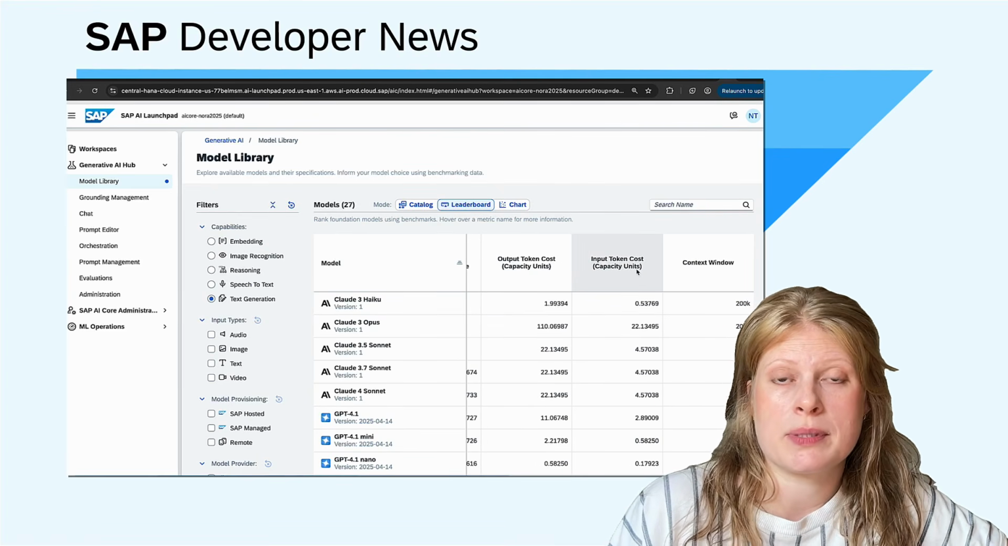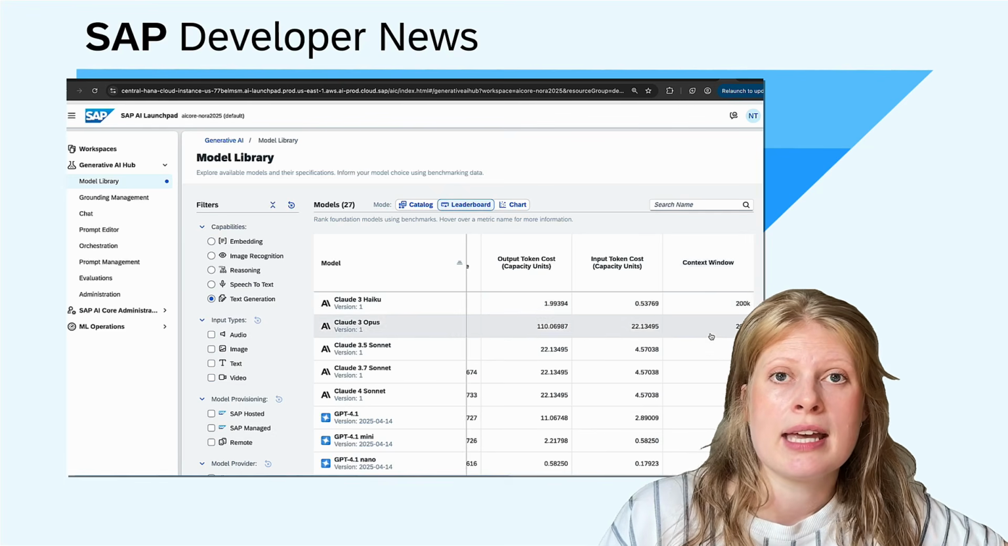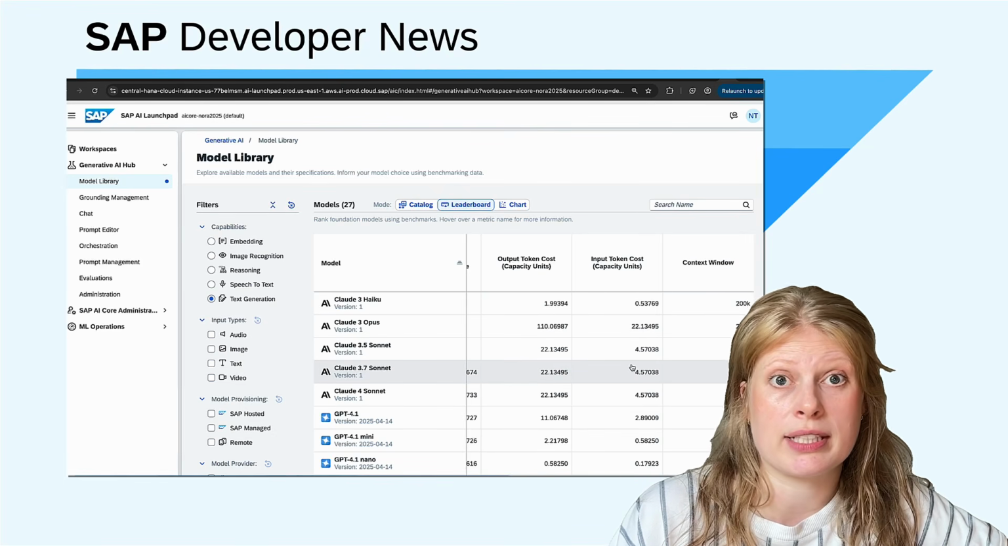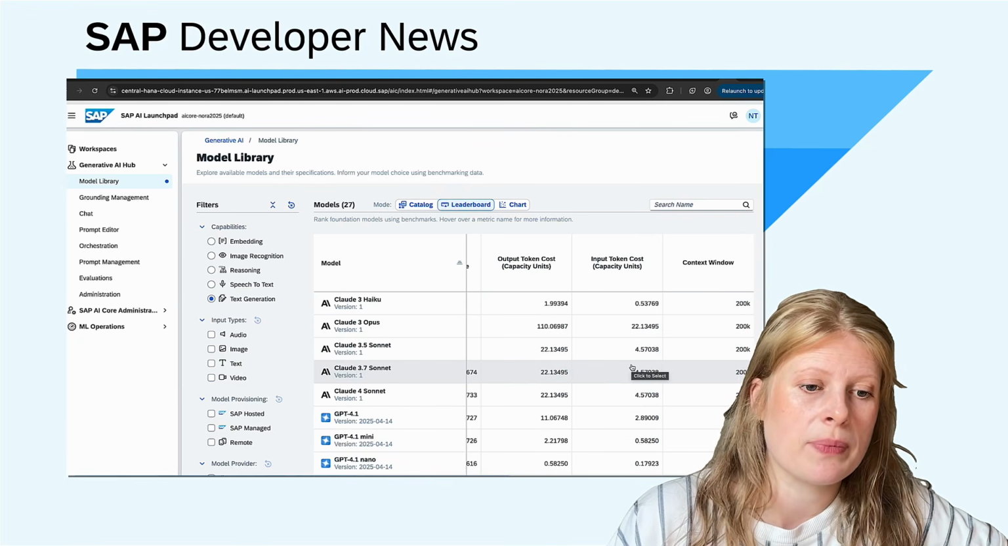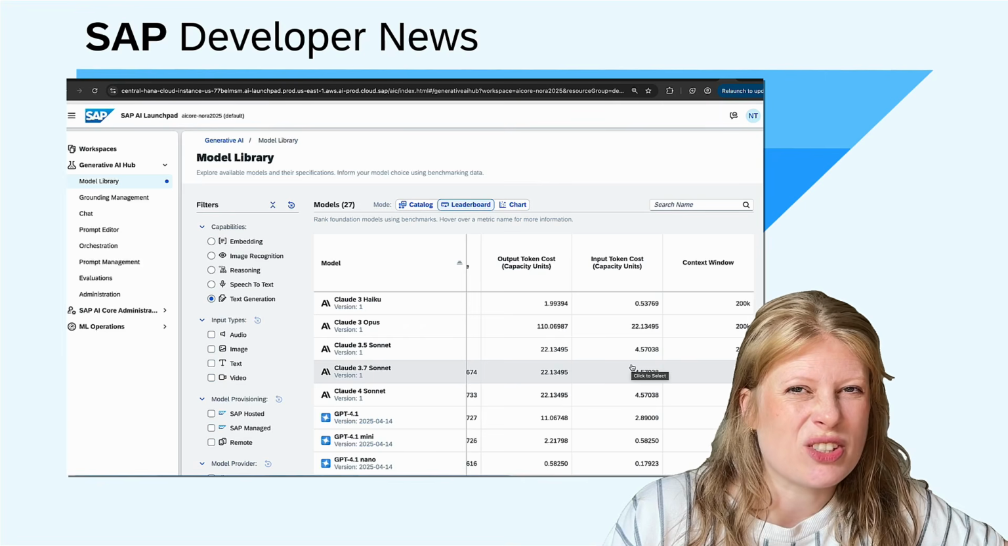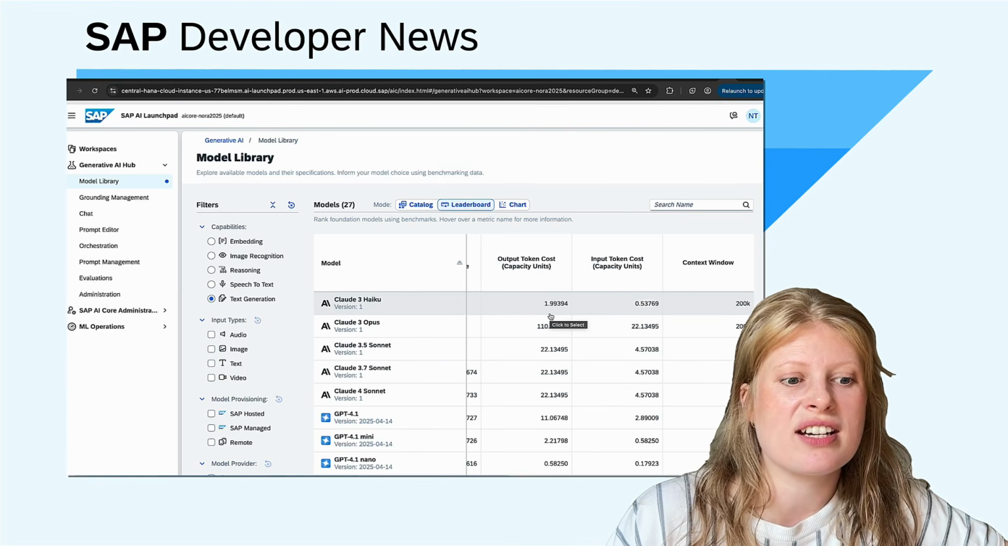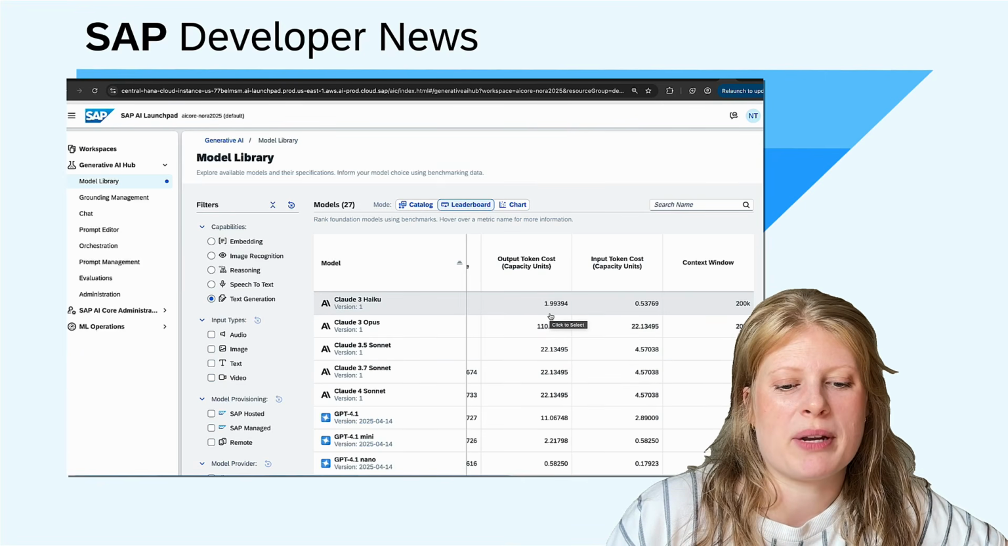Now this really helps me to find the right model for my use case, depending on cost and context window size and performance overall. I honestly usually don't go to the leaderboard. I head directly to the chart because here you can very easily compare the models based on